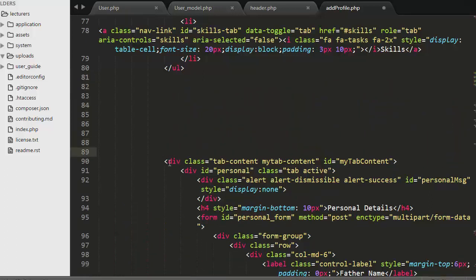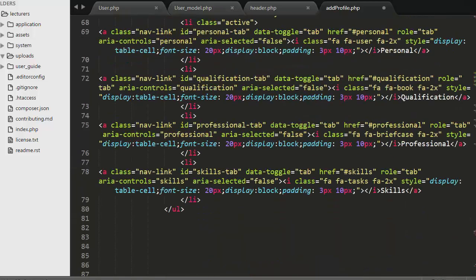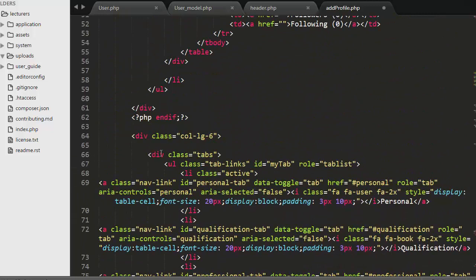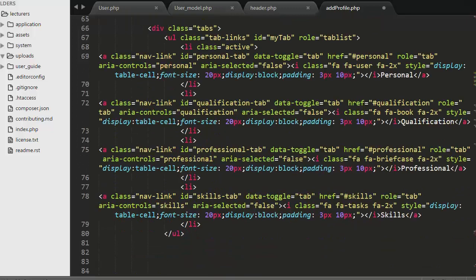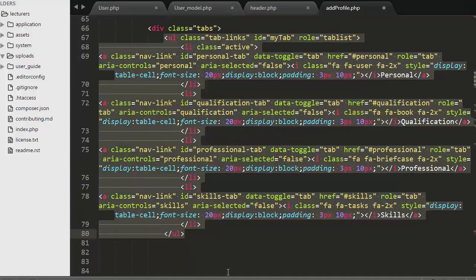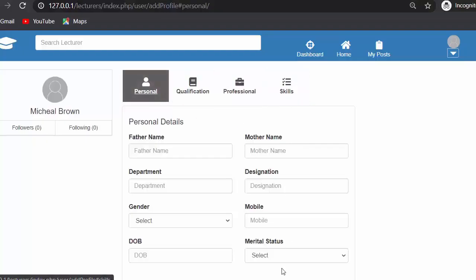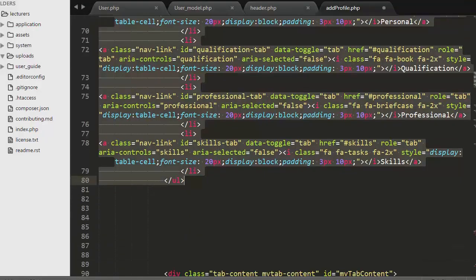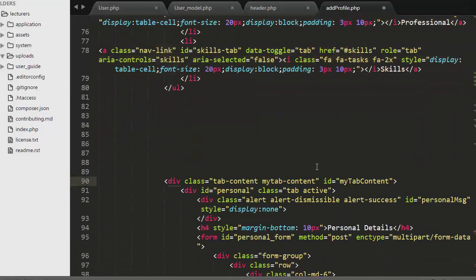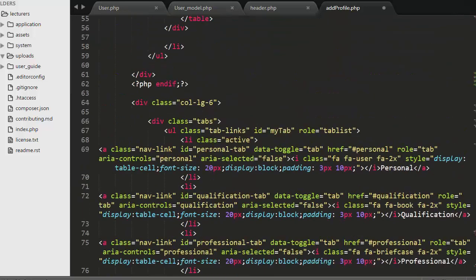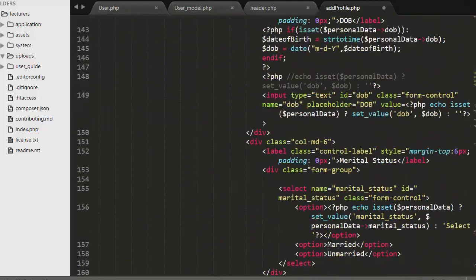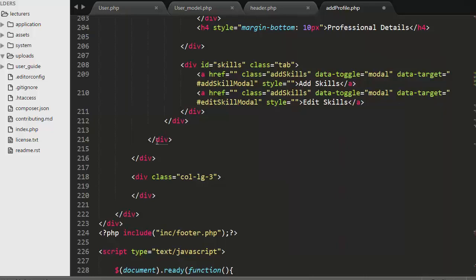Here I have created a div inside a 6-column layout. Inside this 6-column div I have a div where I have created the tabs. See, this is my tab, the ul, which has personal, qualification, professional and skills, and then immediately after that I have created another div. This div with the class tab gets closed here, and this div is a 6-column div